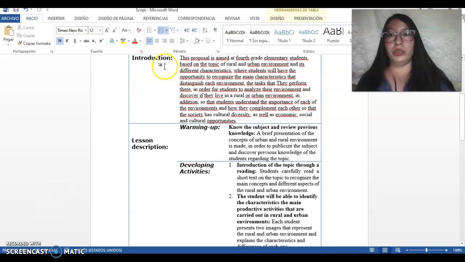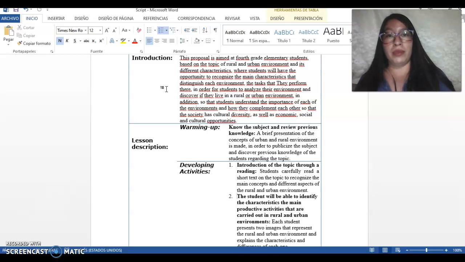Here we have the introduction. This proposal is aimed at 4th grade elementary students based on the topic of rural and urban environments and its different characteristics, where students will have the opportunity to recognize the main characteristics that distinguish each environment, the tasks that they perform there in order for students to analyze their environment and discover if they live in a rural or